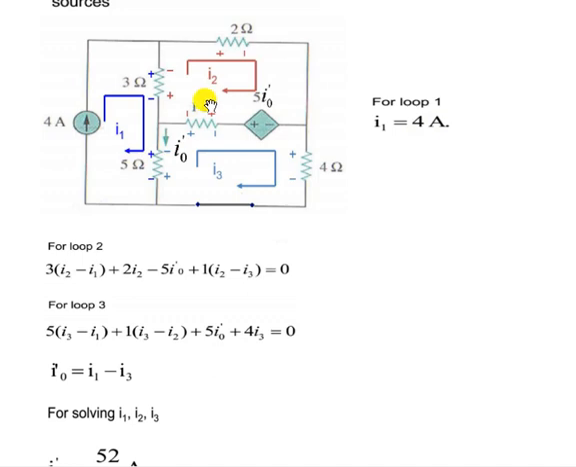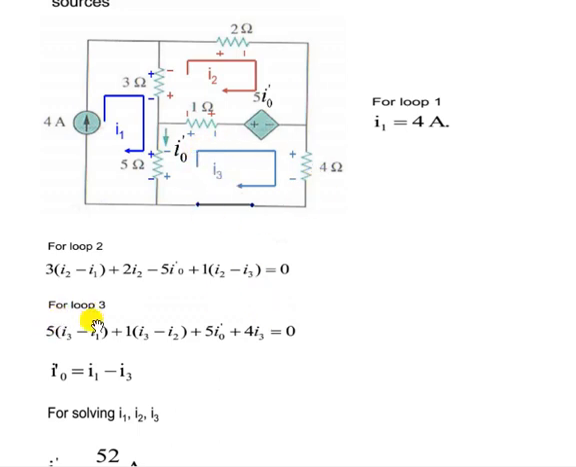Now for loop 2, what we can write, that 3 into I1 minus I2, 2 into I2, then it encounters negative terminal first, so minus 5 I0 dash, then 1 into I2 minus I3 equal to